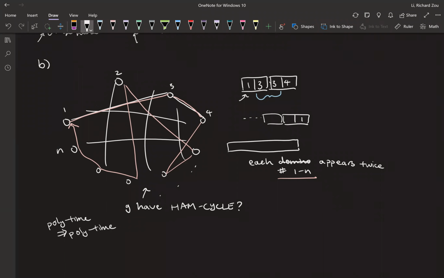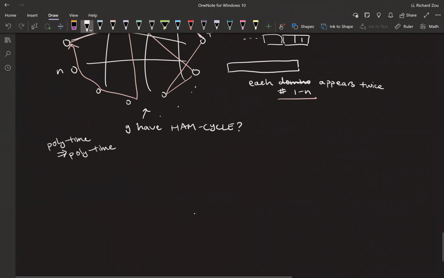The largest number of dominoes we can take from D to make a legal arrangement. Let's see here. I think this problem actually might be NP hard. I'm not